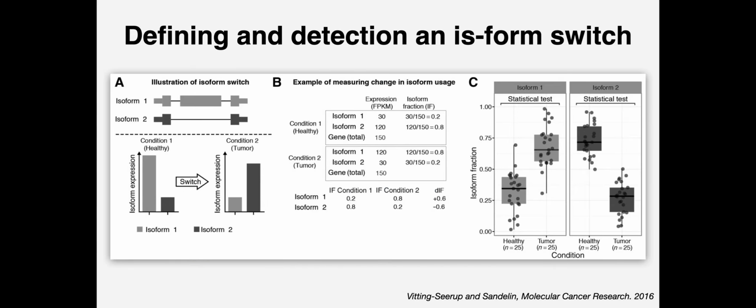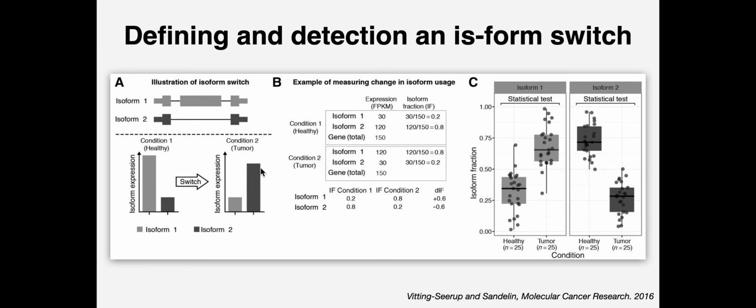And so we can think about one approach to defining an isoform switch, which is to look at two isoforms. We'll take a simple example where one isoform is the complete gene model, let's say, and the other isoform is missing this large exon right in the middle. If you look at the expression of these isoforms in the healthy versus tumor condition, we can see, in this case, isoform 1 is the dominant isoform, but there's a switch that happens in the tumor. That isoform is much more lowly expressed, and the other isoform, the one lacking this exon in the middle, comes